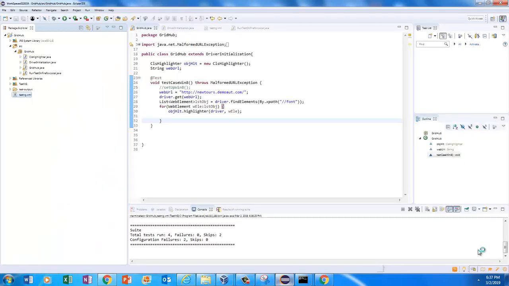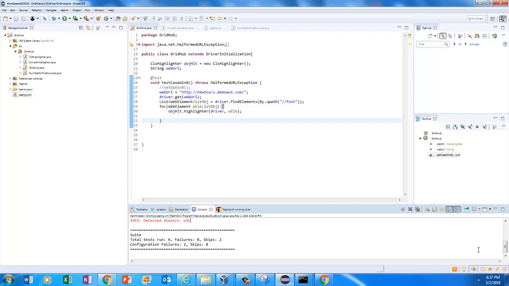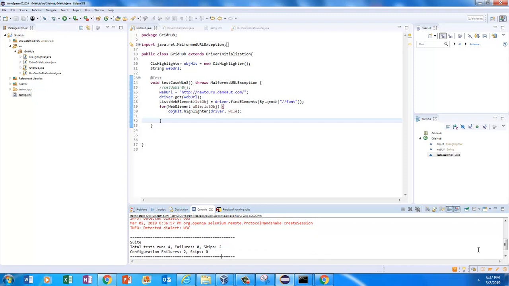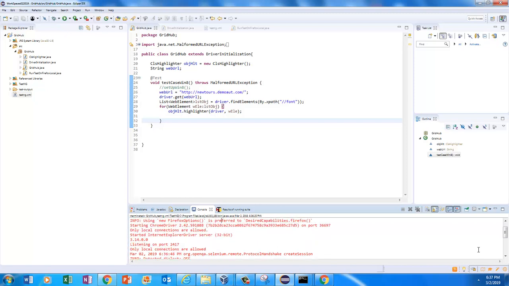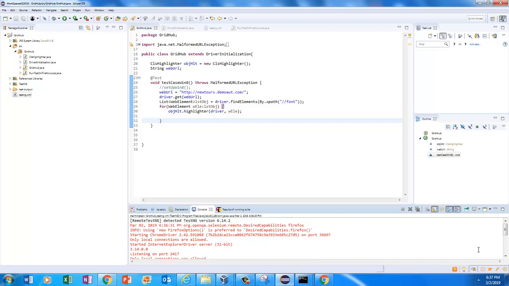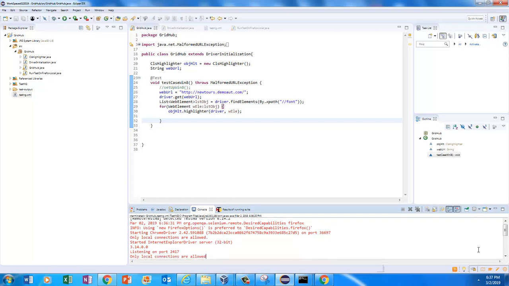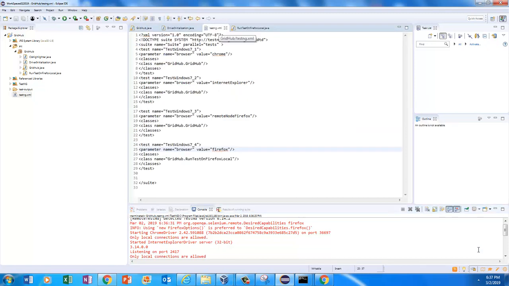So let's see if the test actually has some failures. Probably there are some failures it is having in running. Let me see what the failures are. Configuration failures. It is complaining about Internet Explorer, Firefox. So here when I am doing it in the local machine, I'm sending Firefox, and then grid